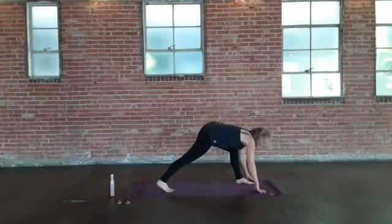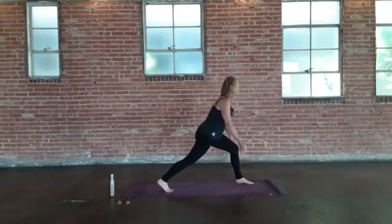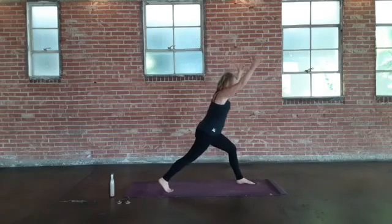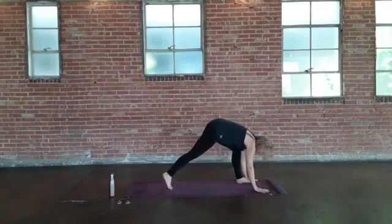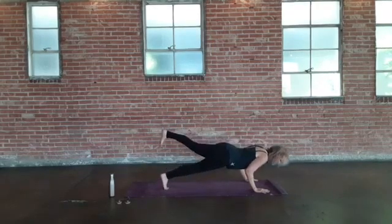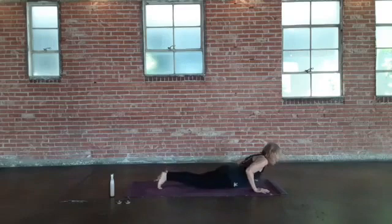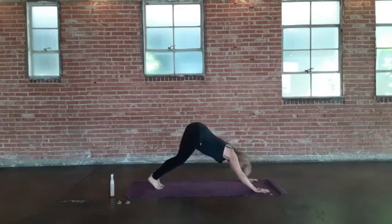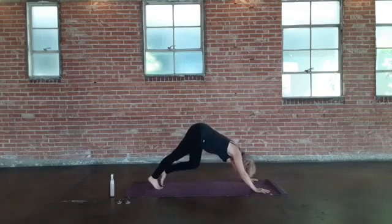Finding your foundation. Be sturdy before you rise. Exhale, come down. Reaching back, exhale. Rolling over the toes. Now, there are no rules again with if you're doing chaturanga or not. When we go through this series, you could just go straight into downward facing dog. You can also